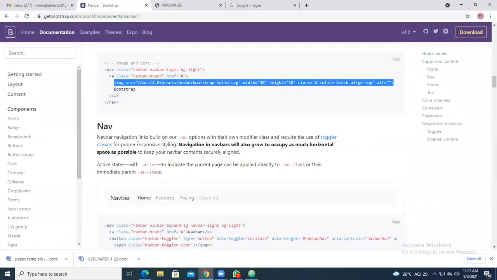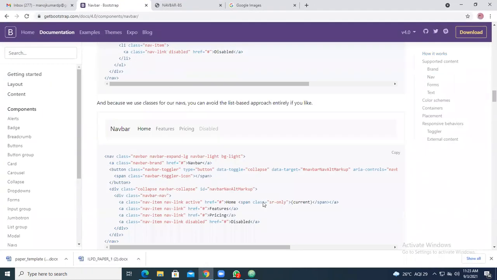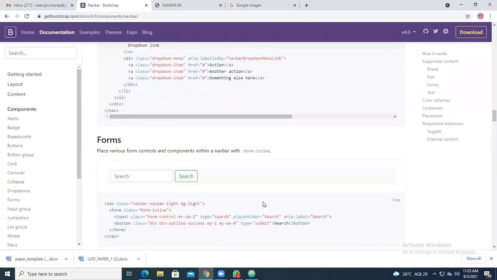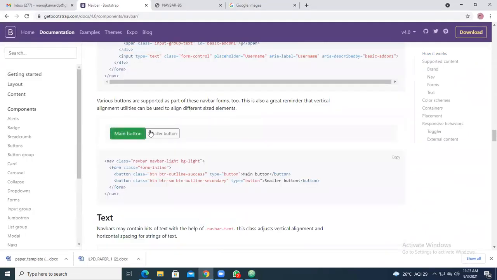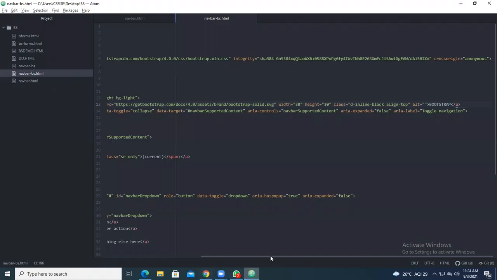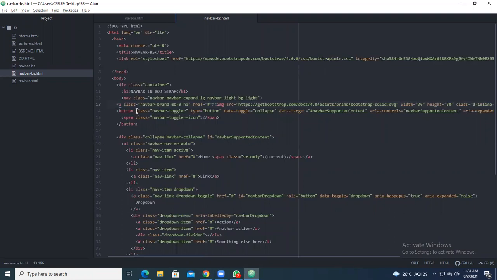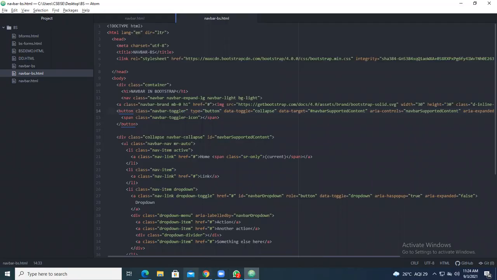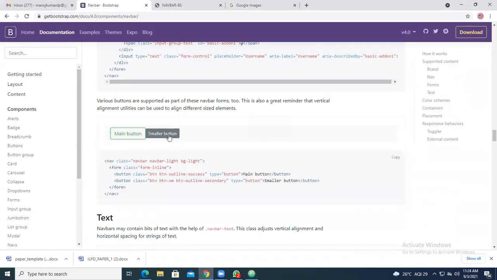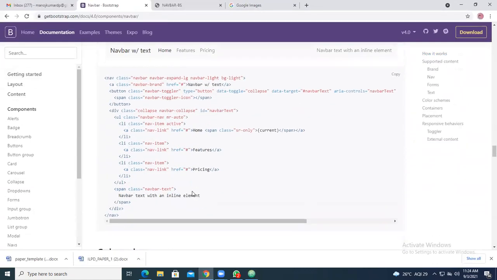Now after adding the images, you can go with different icon styles. So many things are there. You can go with this one we have already taken. The search box is there with outline as success. So we have given that. Now you can have various main buttons, smaller buttons. If your text is in the form of a button, any text in the form of a button, here is the button we have taken. For the button also you can have different things: main button, smaller button. You can use this particular text.